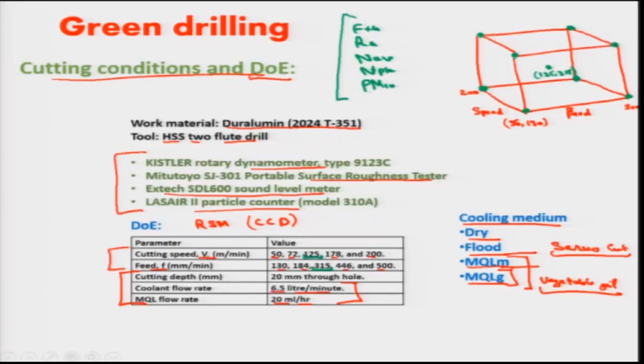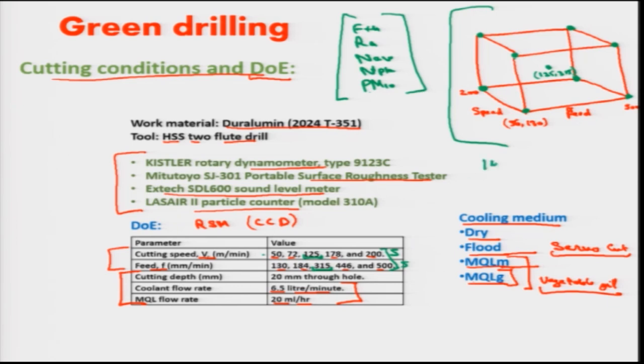What does this design of experiment help us to do? As discussed before in the lectures, instead of conducting experiments for 5 levels of each variable, 5 into 5, 25 experiments. If we have another variable, 5 into 5 into 5, 125 experiments. If it has 4 variables, 5 into 5 into 5 into 5, it can be 625 experiments. With a much lesser number of experiments, we can get the overall picture of the variation with respect to any of the response variables. So this helps here.